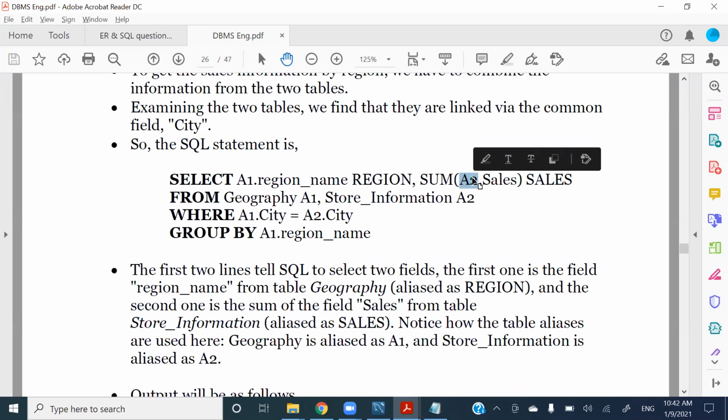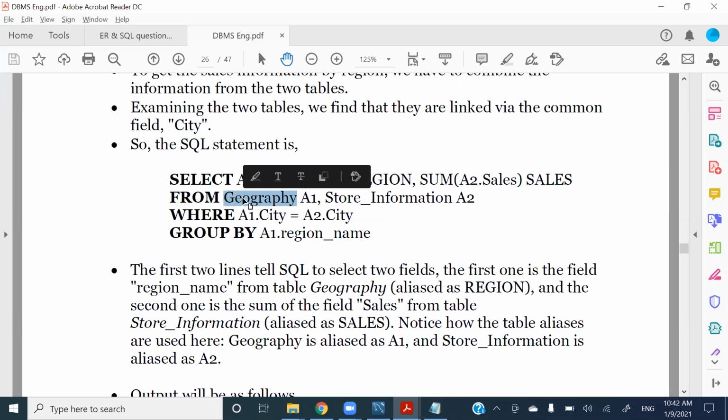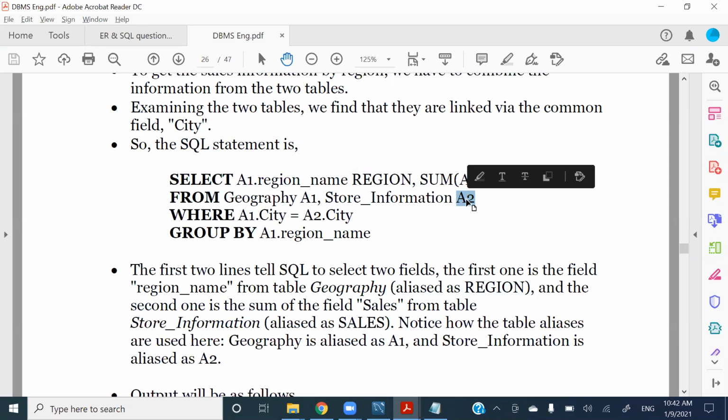ඊළඟට A2 table එකේ, sales store information කියන table එකේ sales අරගන්න, එකතු කරලා sum එක විදිහට එයාව පෙන්නන්න sales විදිහට. කොහෙන්ද ගන්නෙ? geography කියන table එකෙන් එයාව A1 කියලා සලකනවා. store information කියන table එකෙන් එයාව A2 කියලා සලකනවා. මේක අරගන්න එන condition එක තමයි A1 ගේ city එකට සමාන වෙන A2 ගේ city අය ඉන්නවනම්. එහෙම තමයි අපි reference අරගන්නේ. Right? එතකොට A1 ගේ city එකට සමාන වෙන A2 ගේ cities තියෙනවා,